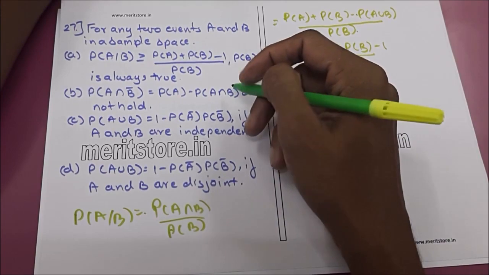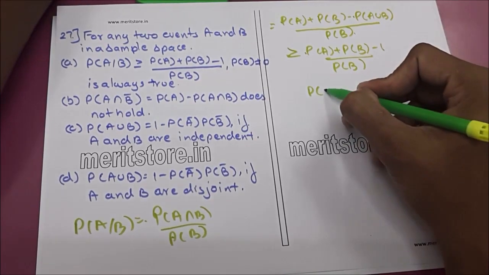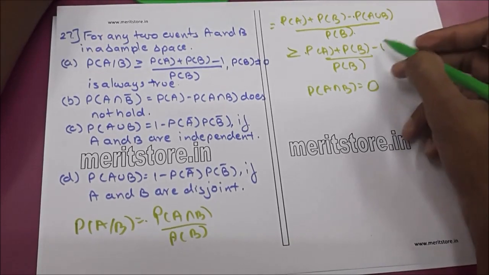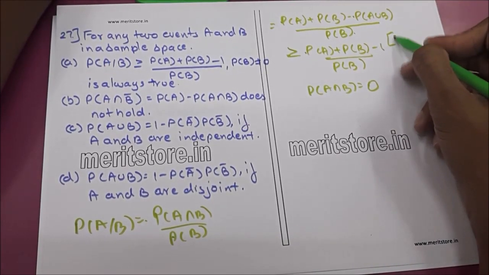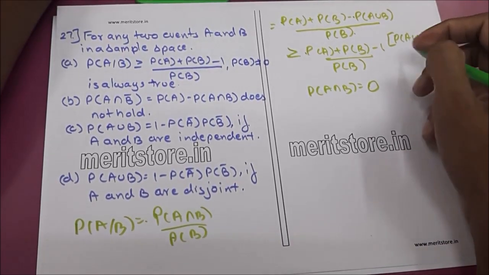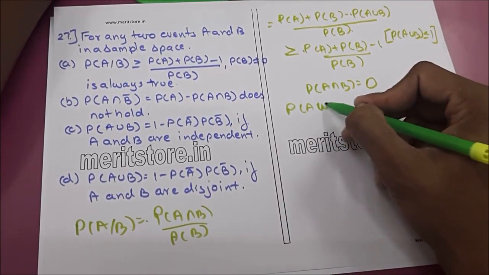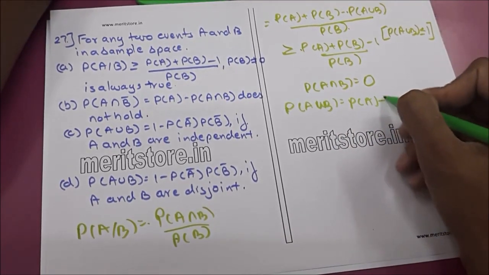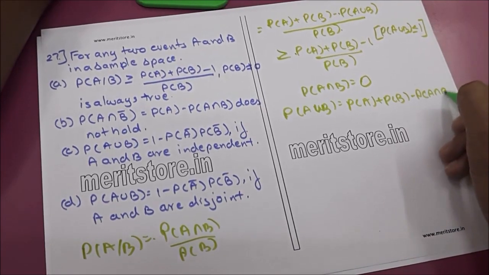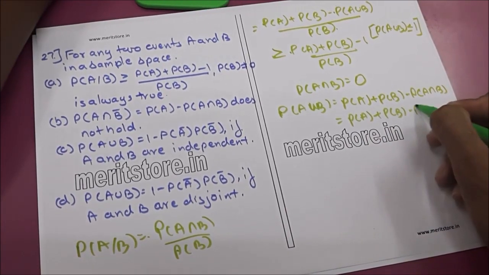Therefore, the choice B holds only for disjoint events, that is probability of A intersection B is equal to 0. And over here also we can say that probability of A union B is less than or equal to 1. So finally we can say that probability of A union B is equal to probability of A plus probability of B minus probability of A intersection B, equal to probability of A plus probability of B minus probability of A